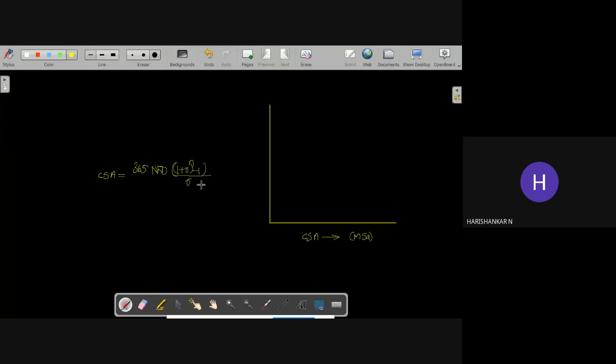So it is a cumulative standard axle. We have already explained the meaning. It represents the vehicle load character. Here it consists of both the axle load of individual vehicles plus the number of vehicles, throughout the design period of the pavement. Once the pavement is completed, it will be useful for some 15 years or so. This 15 years is the design life or design period of the pavement.